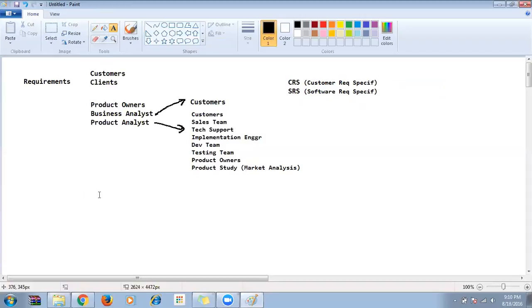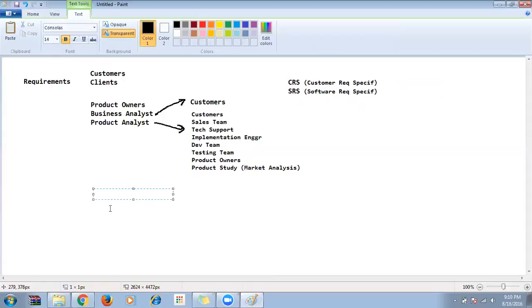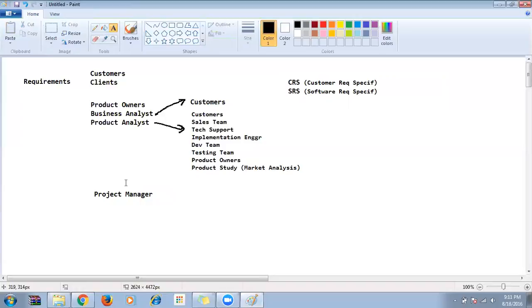Then after that we have other persons. That is the project manager. The project manager will be the head, the person who is going to approve the product. For example, say we get a new requirement, an entirely new application they are planning to develop. At that time the project manager is the one who does an analysis with a different set of people.